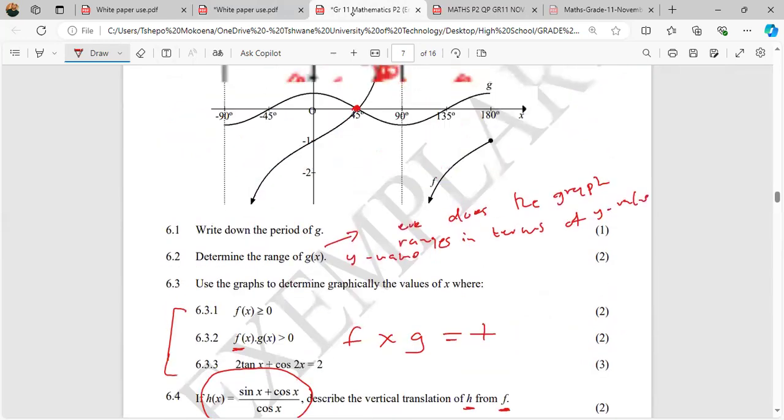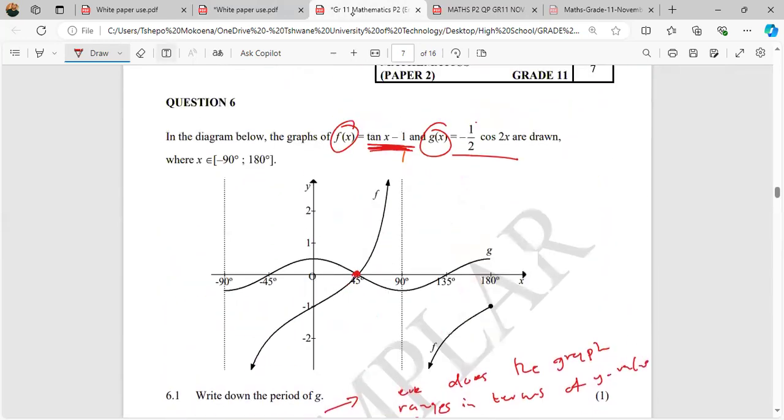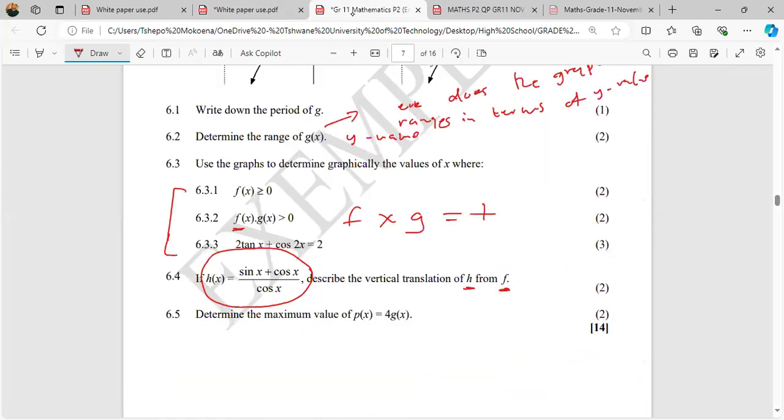How does the graph of f look? It looks like this. Wow. Okay. So the graph of f is tan x minus 1. So how can we describe the vertical translation? How are we going to describe it? Because if we're looking at it, remember from the basics, I told you that